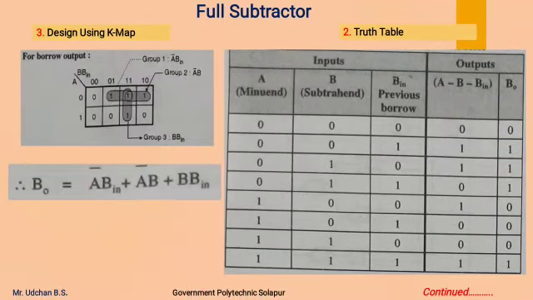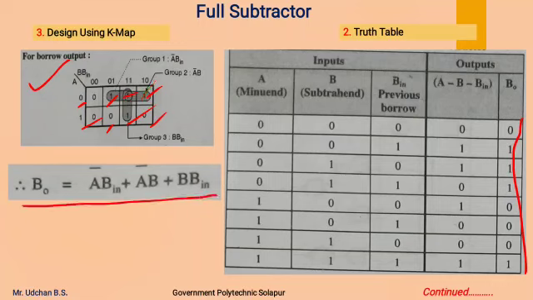In the similar way, we can get the equation of borrow output also. Again we will use the 3 variable K-map, and into that we are going to make these entries, that is first 0 1 1 0 1 1 1, after that 0 0 1 0 0 0 1. From this again we get 3 pairs, this one, this second, and this one is third pair, and accordingly we write the borrow expression, that is A bar B in plus A bar B plus B B in. This is how we can get the output equations of difference and borrow using 3 variable K-map.